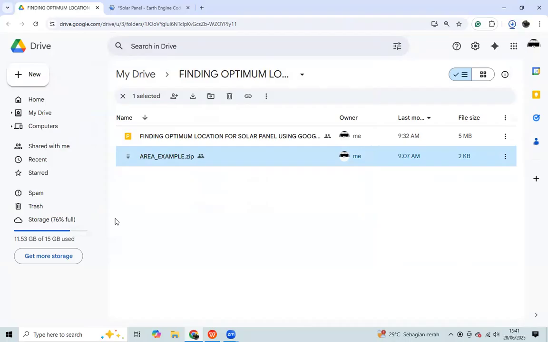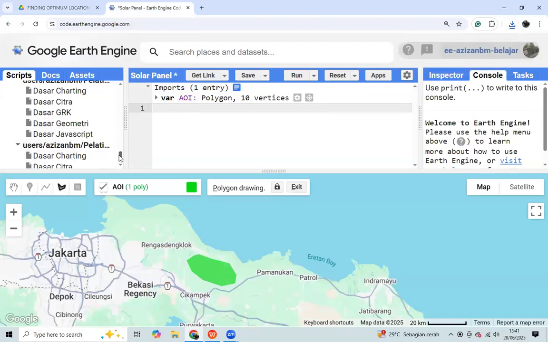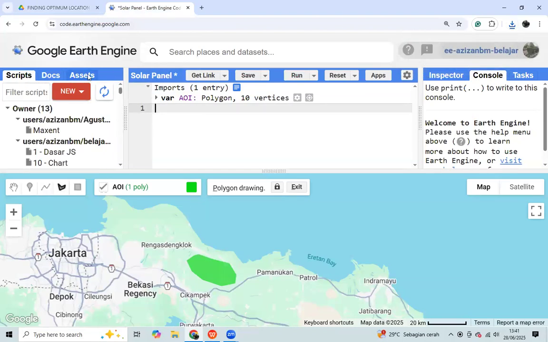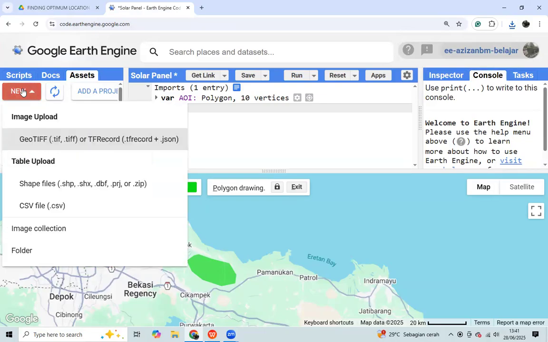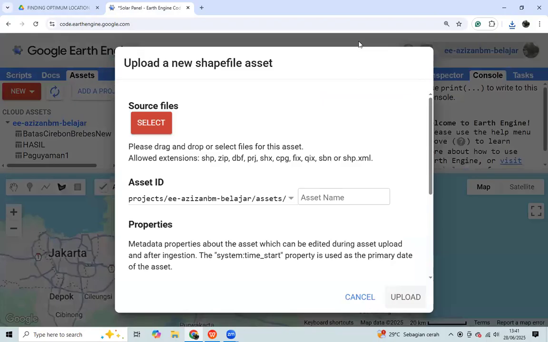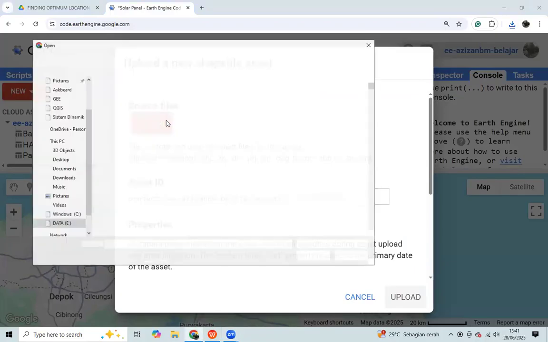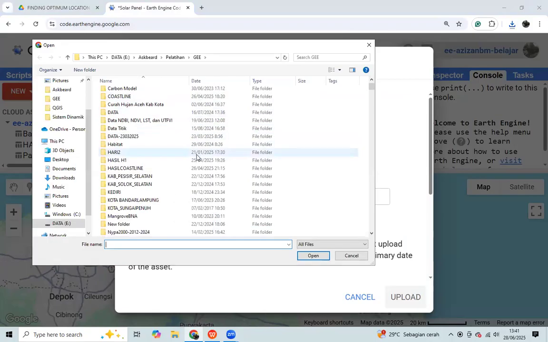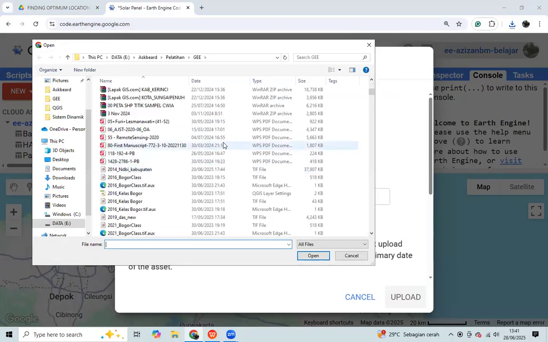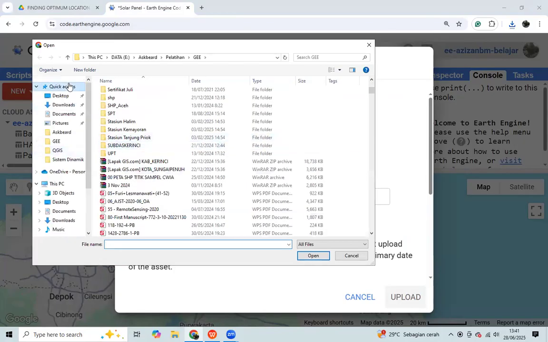After we download it, you can go to the engine, we go to assets, we go to new, and then zip files. And then we choose the example file.